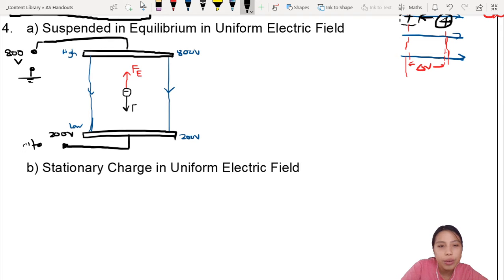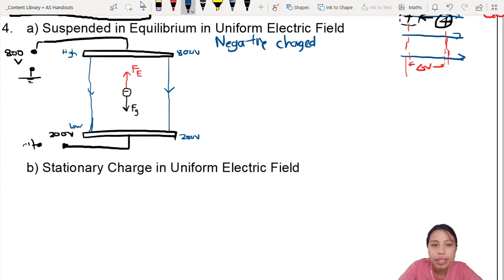If your weight is, we call it W, or gravitational force, pulling the charge downwards. So if you can adjust it in such a way that the downwards gravitational force balances the upwards electric force, then it's an equilibrium already. Yay! Okay, that's what we call in equilibrium. So for this negatively charged example,